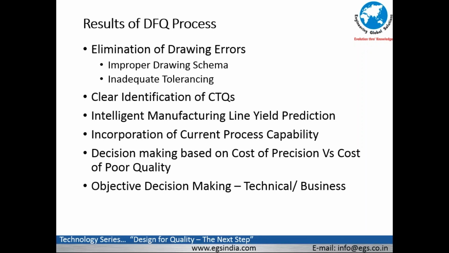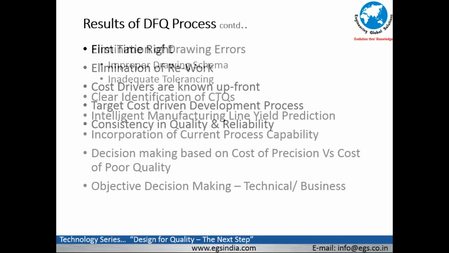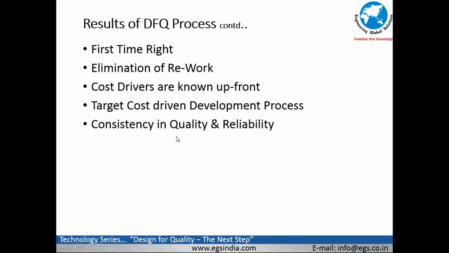While incorporating manufacturing lines, putting up new lines, establishing suppliers, working with the supplier costs becomes a business goal. Now both of these objectives are met as a result of the DFQ process. As can be seen in the next slide, the first time right becomes a reality. Elimination of rework. Let us remember that the profitability of a company lies in its scrapyard. So once the rework is eliminated, the scrap is minimized, if not completely eliminated, the profitability increases that much more.